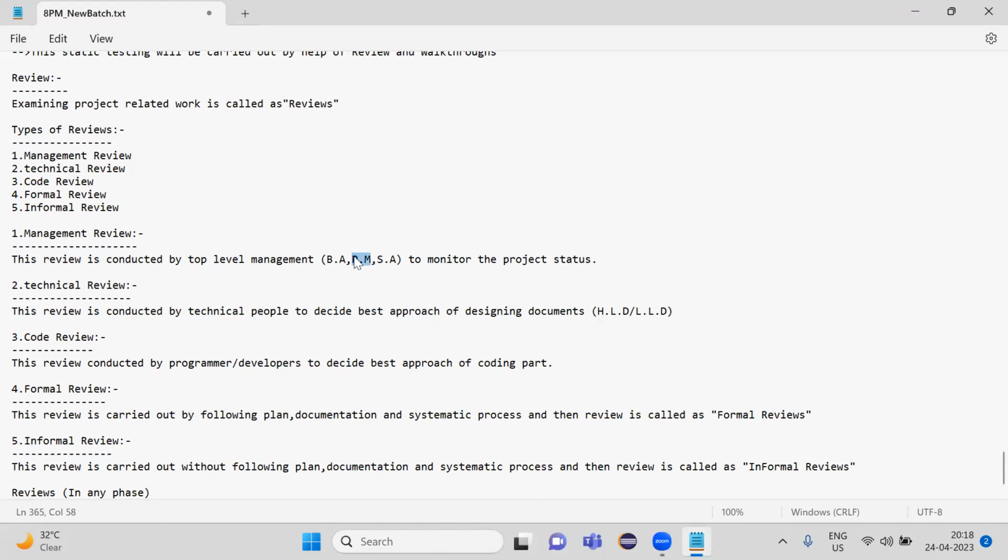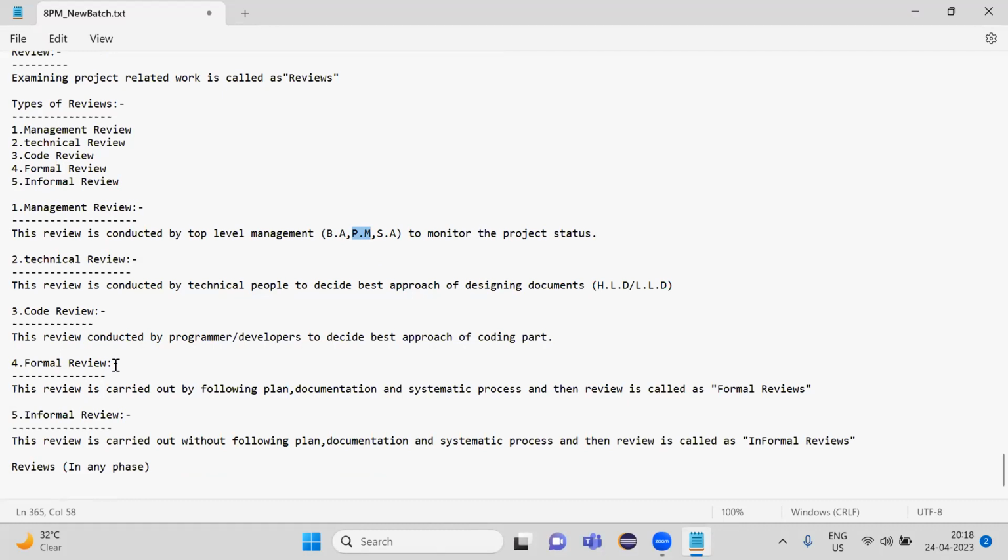Different project managers will be there, and multiple project managers will be, yes or no, guys, understanding? Different project managers will be and different business analysts will be. Reviews in any phase: